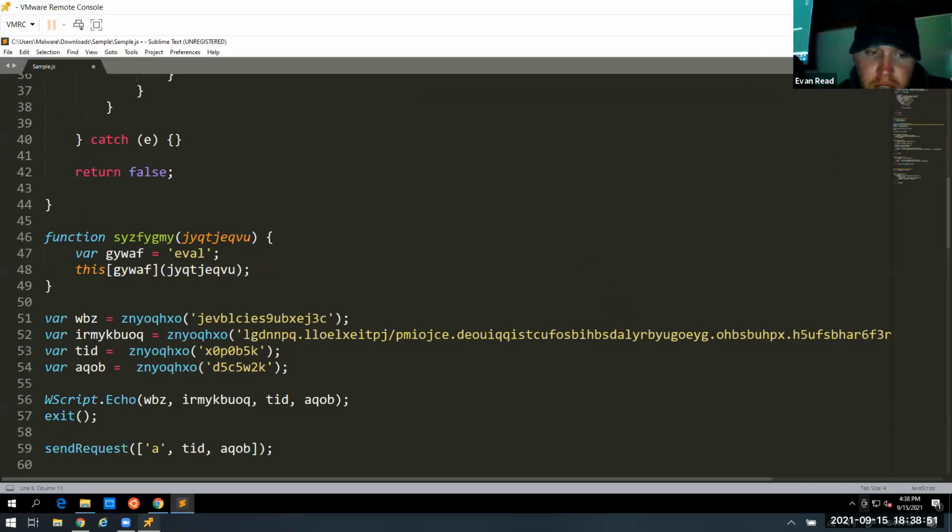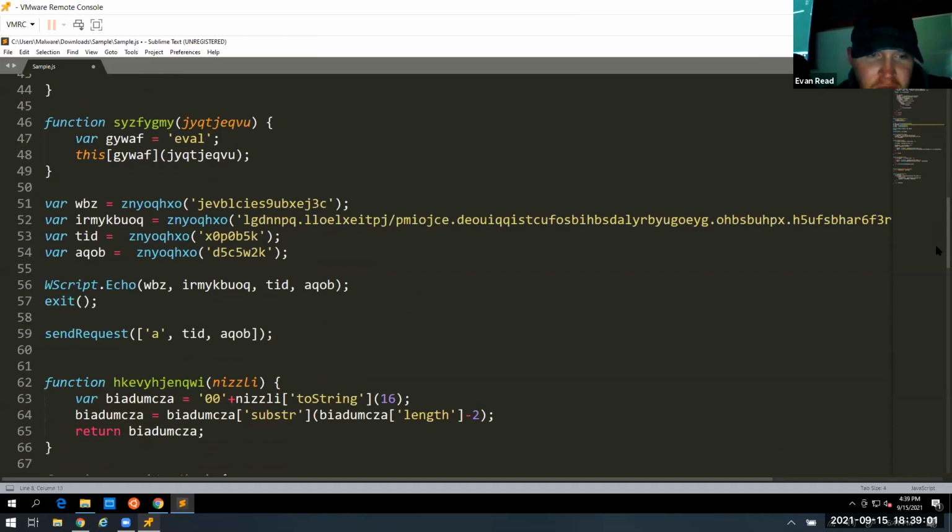And then going on further down, we see that Odin left a wscript.echo in there, but there's the send request with a TID and AQOB. TID is right up here on line 53, and then AQOB is right here on 54. So it's passing those two to the send request function. But the cool thing also is this long one that looks a lot like what an obfuscated web address looks like,